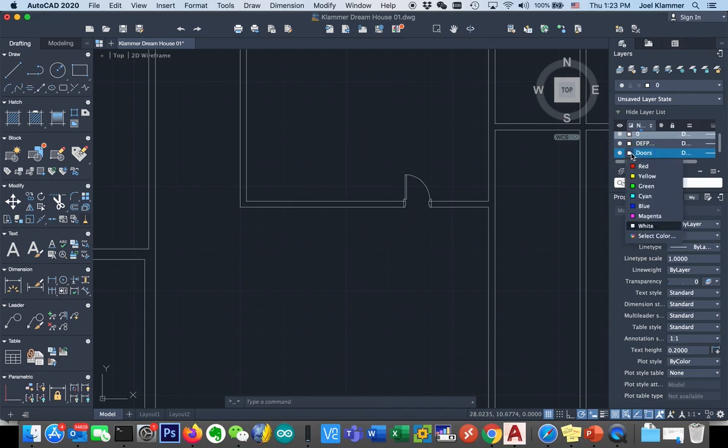And let's make its color cyan. You can choose some other colors as well. There we go. And then you can choose your object,